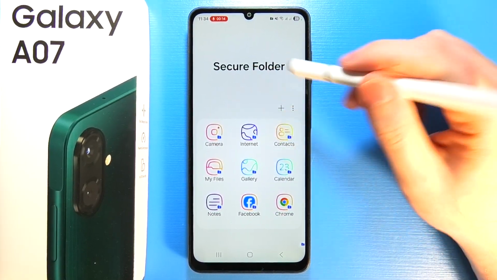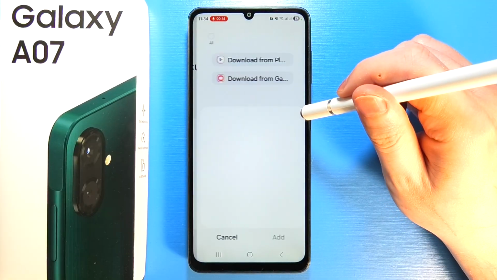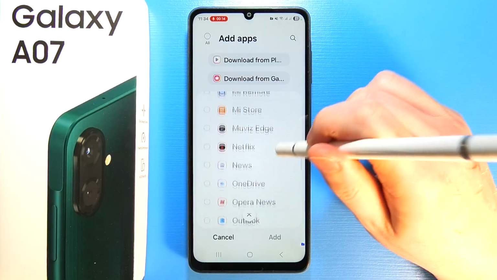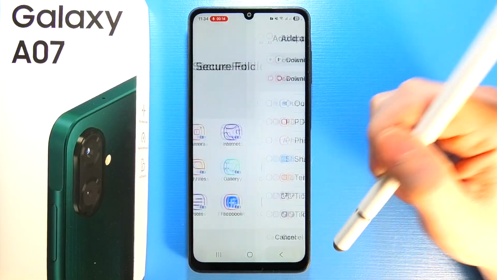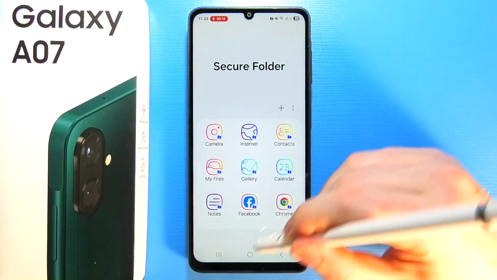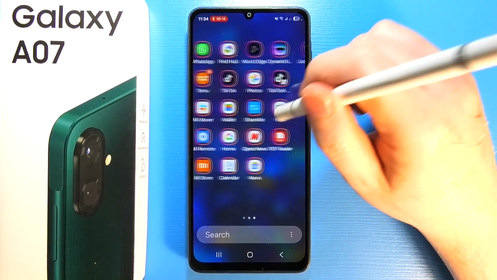Then when your secure folder is opened, you can click on this plus button and then add any apps that you want to clone. So in this case, I've already cloned the Chrome that I wanted to show you the example of. So now you can see the Chrome right here, and I also have Chrome in my